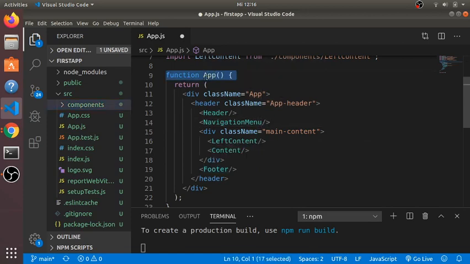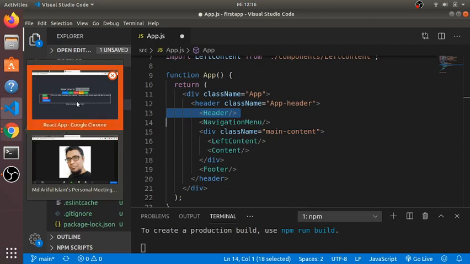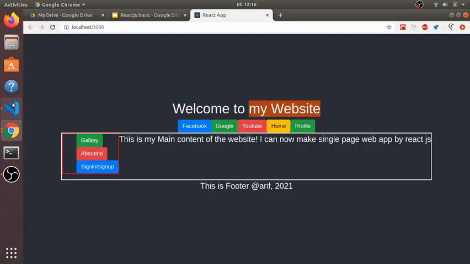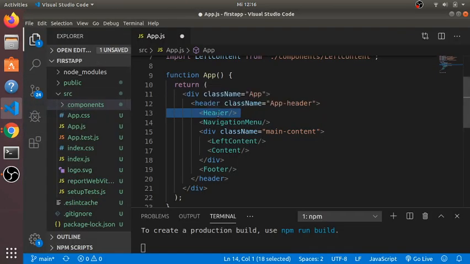What is this? This is a functional component. Inside this functional component you have some design. This is from also Reactjs. They have a header, but then look at this one, header. This header is giving me this line, welcome to my website. So we need to check this component, where is header, and I have all the components inside the component